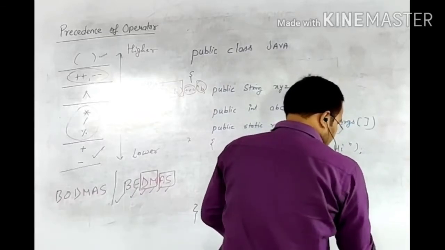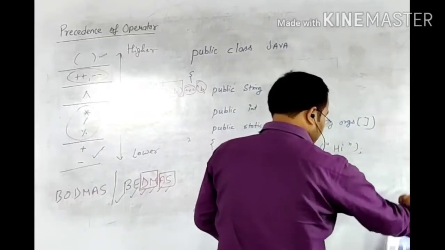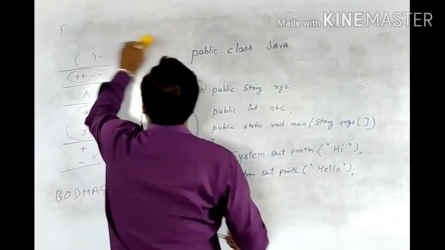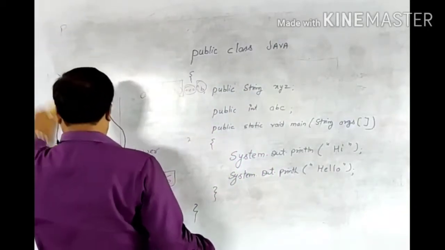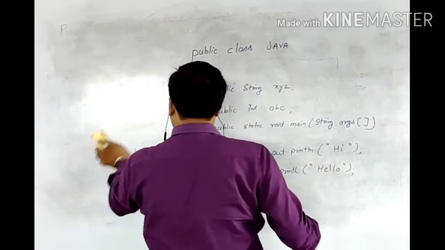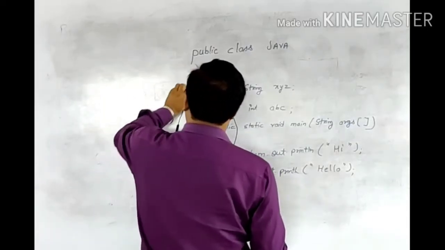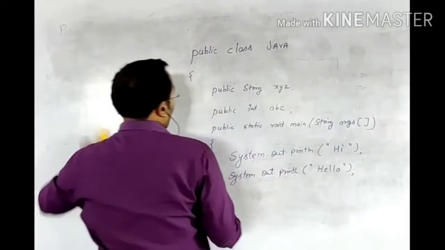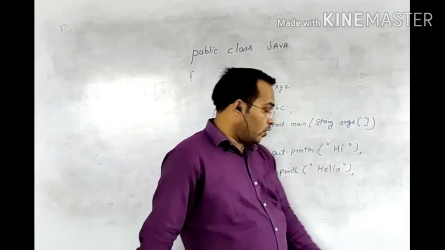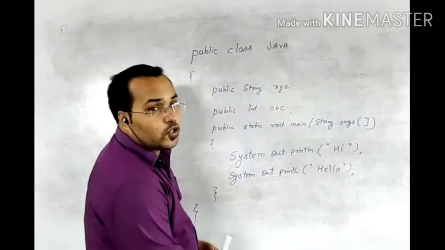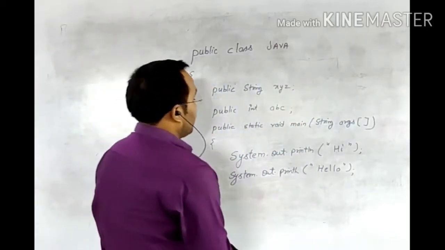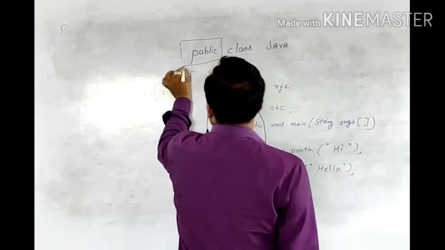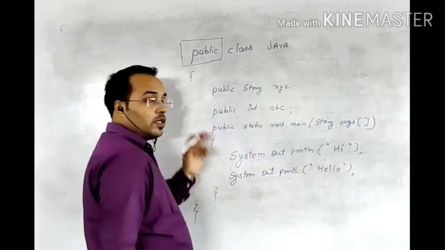The next topic which is given in your book is the class declaration. Class declaration. Let me explain that topic now. That's why I made one program in front of you all, a simple Java program, in which I am going to tell you what are the things I have used over here. I think once I taught you about these things.